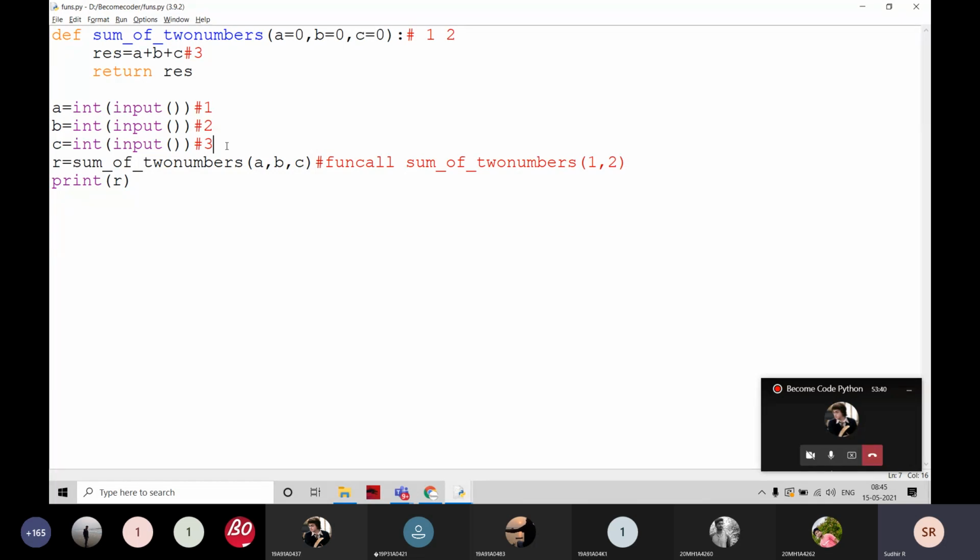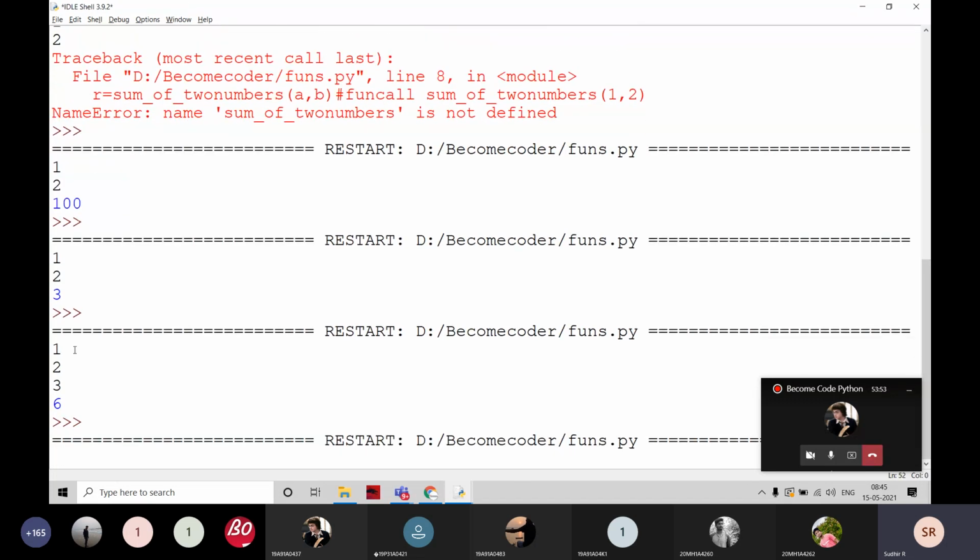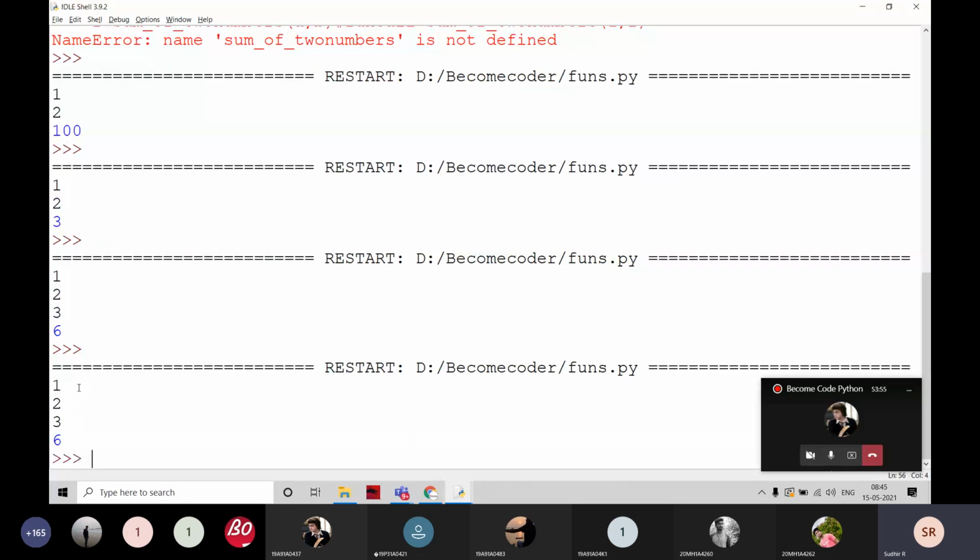It is not an error. 0, sir. What is the output here? 0, sir. How is it executing here? These are the default values. If I pass the values, they are going to be overwritten here. If I execute it and give these values, it is simply printing 6 only.